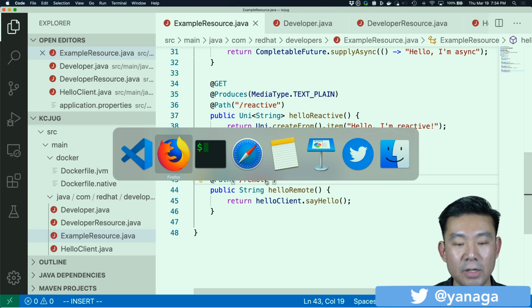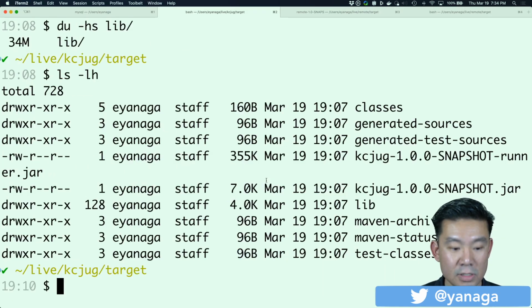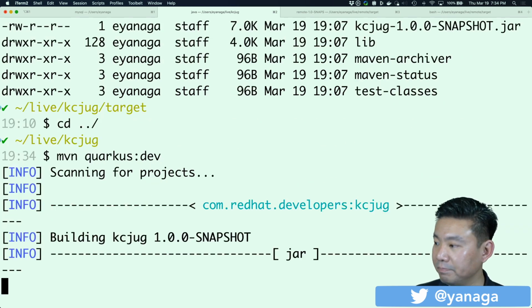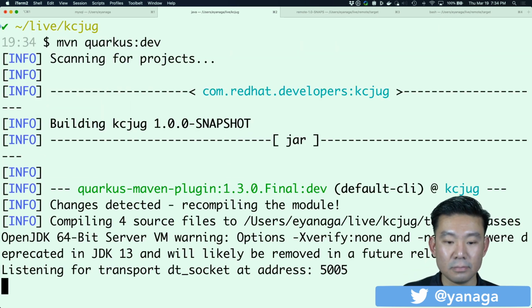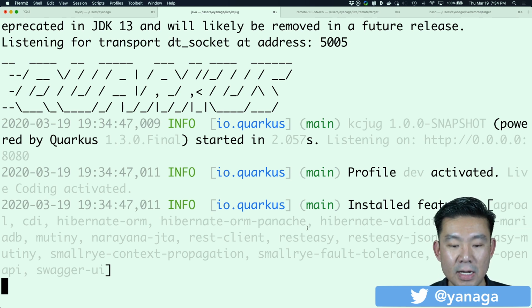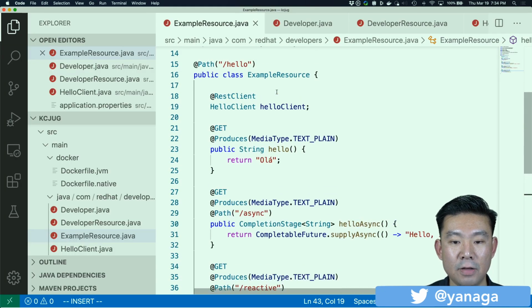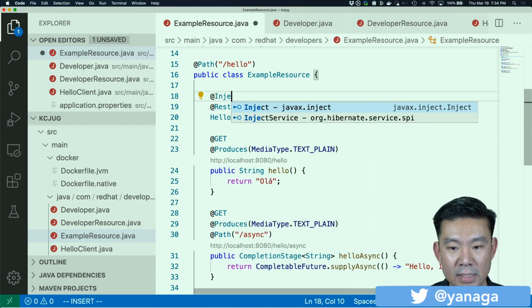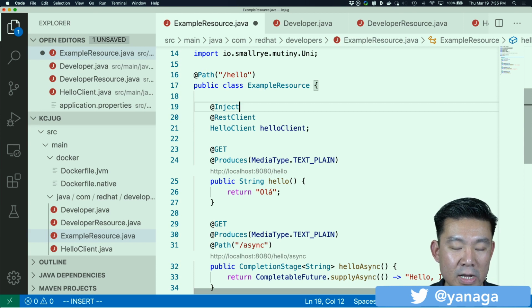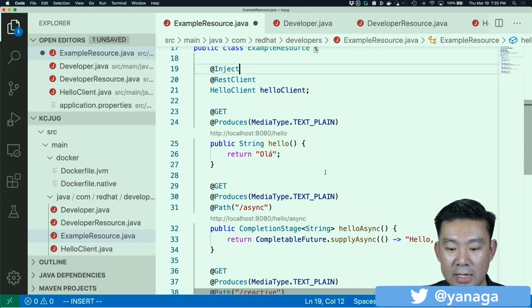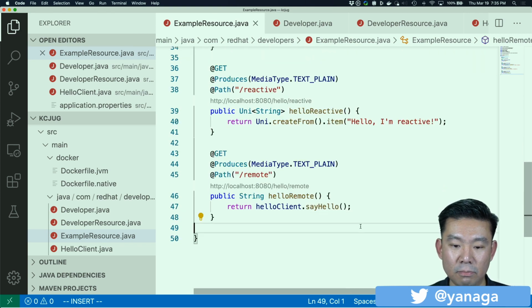I just saved the file and I forgot to start my Quarkus in dev mode. So let's go back and run quarkus:dev. Let's start the magic. I can see some questions regarding dependency injection. We are just using the CDI notation. Here, if I'm using @RestClient, I don't need to do @Inject because it's implied, but I could also do @Inject, for example. @RestClient implies that I'm using inject, so it's injected here using CDI. And it should be good.